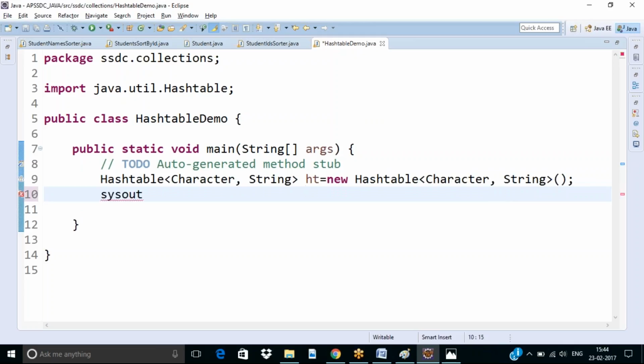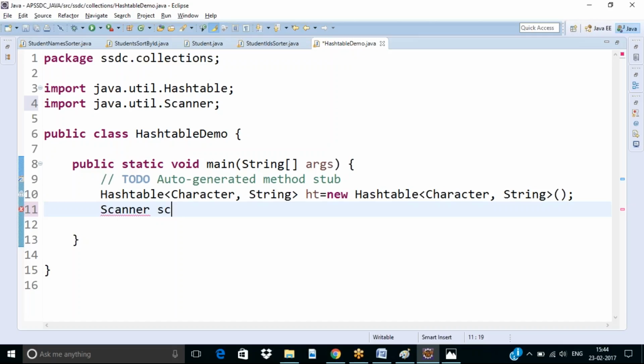Then sys out, we'll take the input from the user to insert values to the hash table. మామూలుగా కూడా ఇన్సర్ట్ చేయొచ్చు, బట్ డైనమిక్గా చేద్దాం. ఓకే, create the scanner object, System.in,